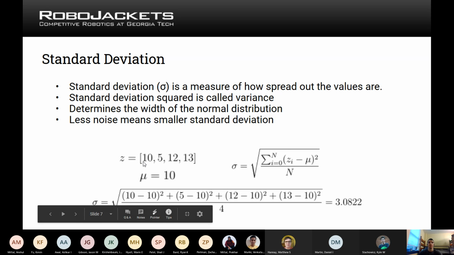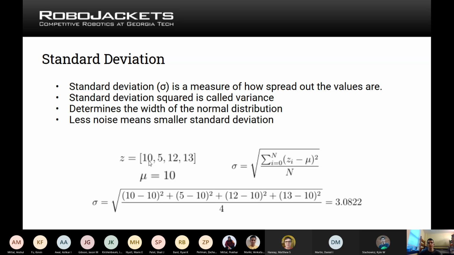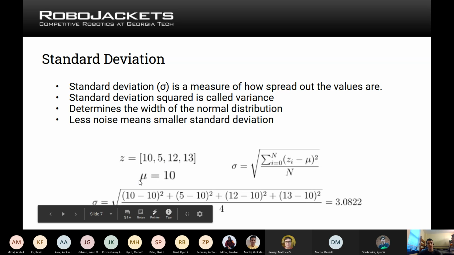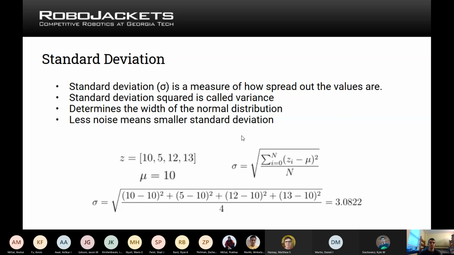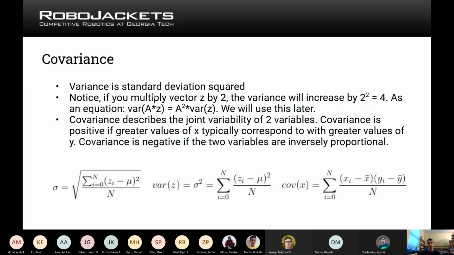So if you had, say, 4 measurements here, 10, 5, 12, and 13, you calculate the mean of this and you will get 10. Then you do this calculation, summing up all those squared differences, and you get a standard deviation of 3.08 in this case. So variance is, as I said, just standard deviation squared. Typically we will work with variance, and that's just a convention. There's also covariance, but